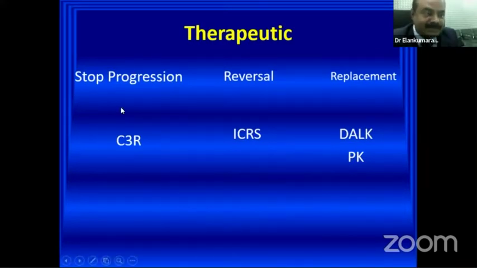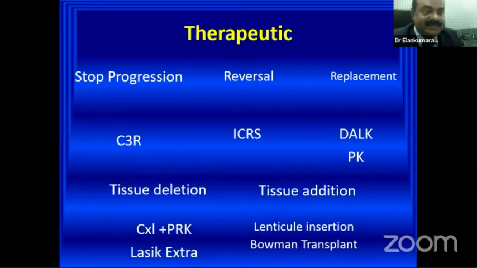Number 1, stop progression. The only thing that's available there is corneal collagen crosslinking. Previously, we used to call it C3R, now we call it CXL. Now, here we are only stopping the progression. Whatever surface astigmatism there is, to a certain extent, can be reversed with intracorneal ring segments. And if the cornea is thin, or if none of this is possible, or if a scar is there, then we go ahead and perform a